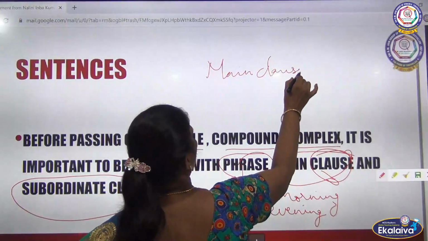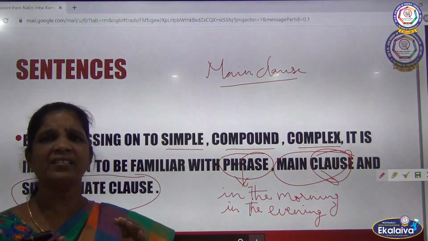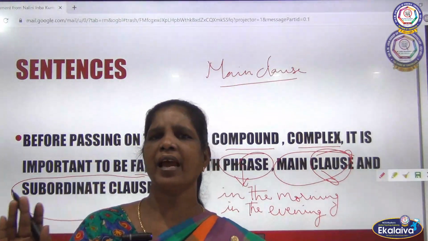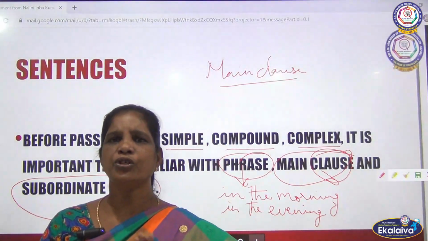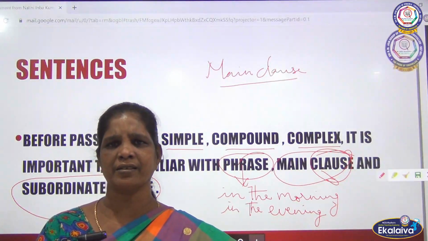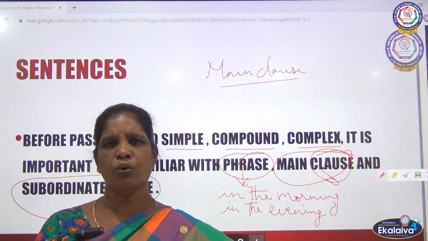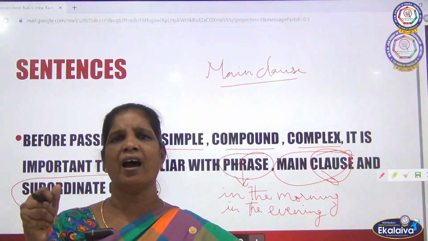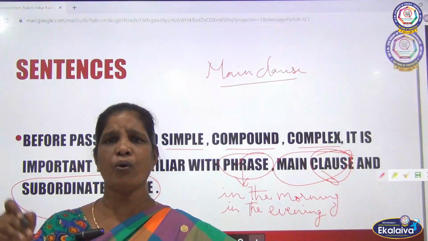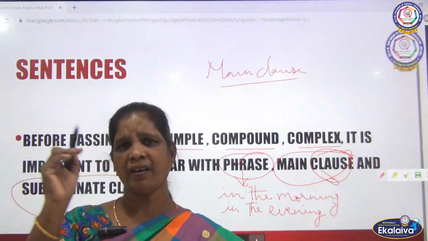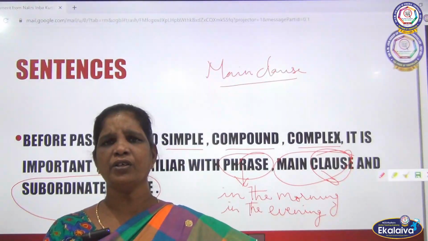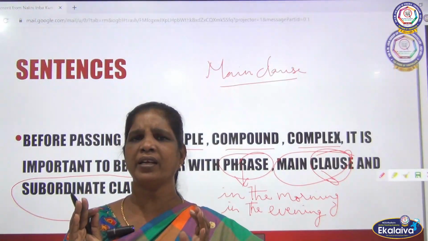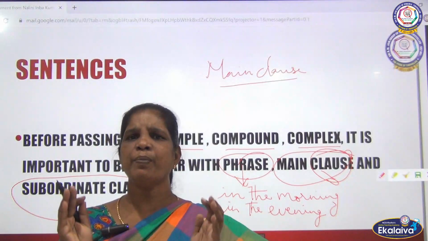This main clause is nothing but one that can stand on its own. For example, if a family is there, father is there and mother is there and children are there. You children are dependent on your parents. You can't decide on your own. But your father is the main person in the family. He can have his own decision. If he plans to go to Goa or Chennai or Dubai or wherever he decides, he can put his word to his wife, that is your mother, and he can go. He is not dependent, he is independent. He is main in the family.